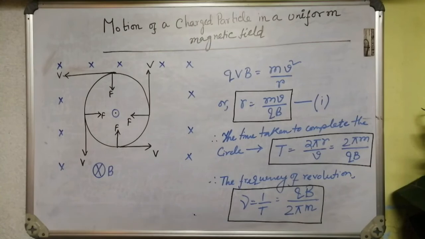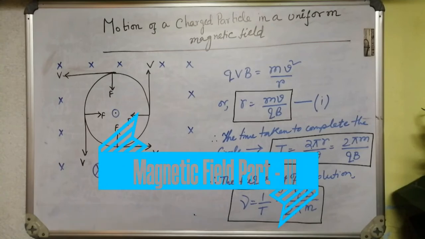As the magnetic force on a particle is perpendicular to the velocity, it does not do any work on the particle. Hence the kinetic energy or the speed of the particle does not change due to the magnetic force. Here we used a paper roll to indicate the charges, and we did an experiment also.